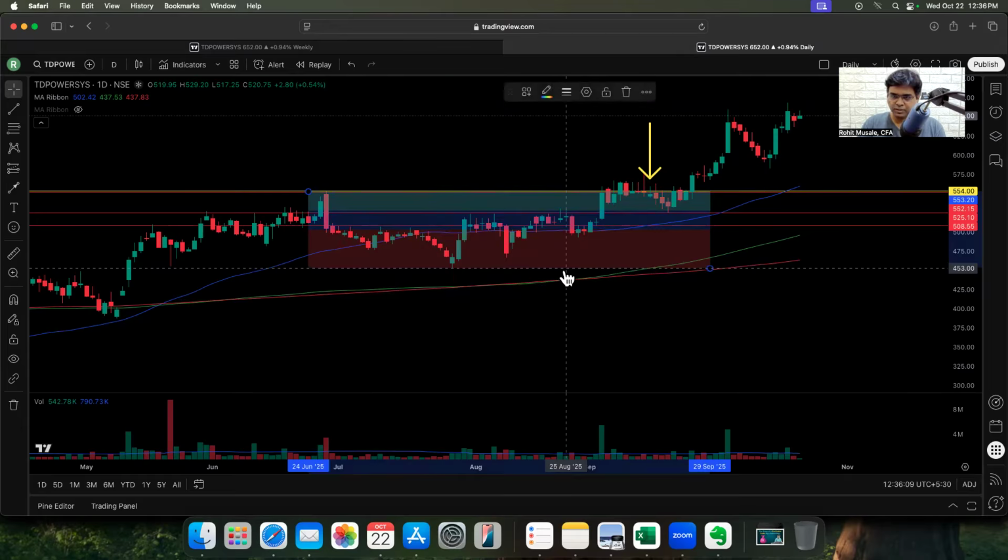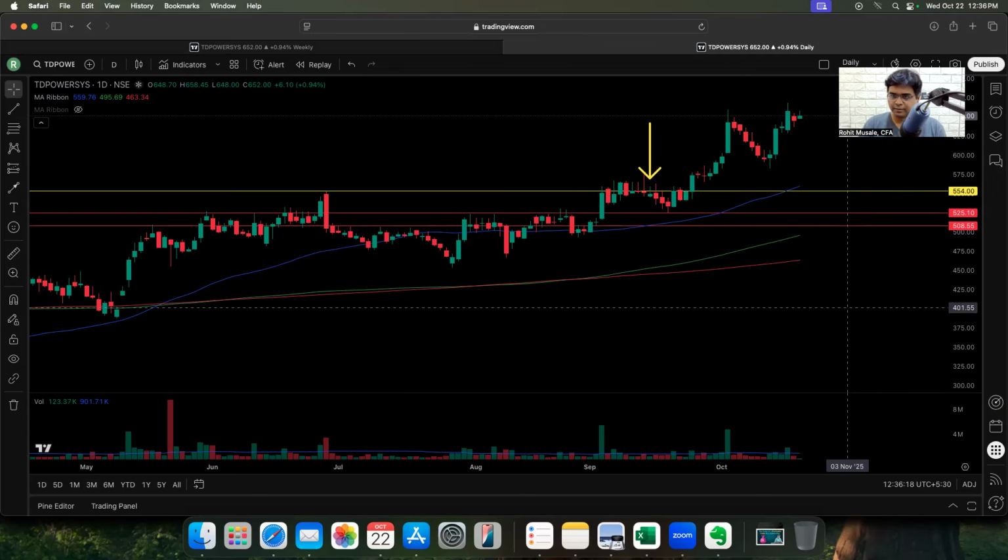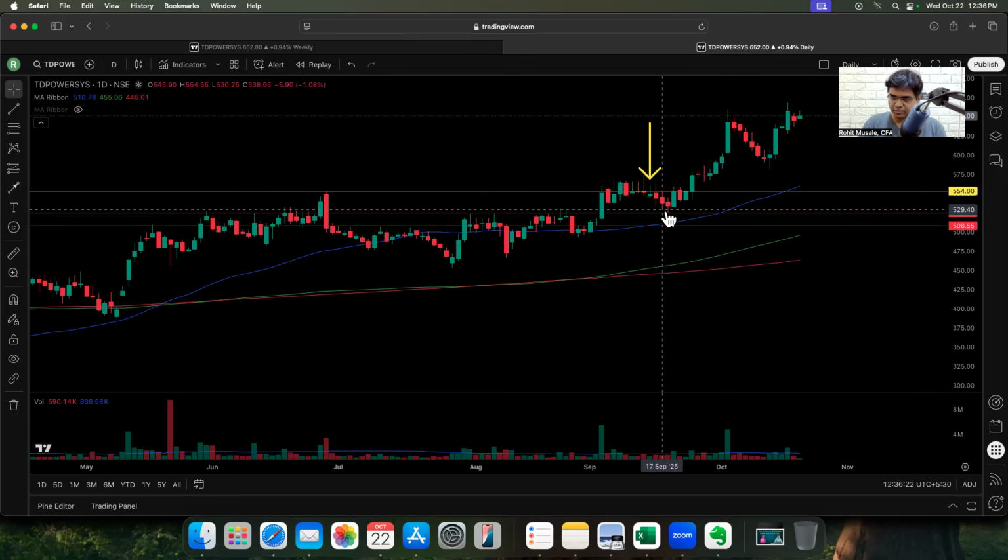Let me remove this base. Yellow line is where she bought on this day. The price started moving down. See, it came very close to the stop loss. Probably it hit her alert, and that is when she felt confused. She did not know what to do because this green candle could have easily been a large red candle. Now, I don't know where she has kept the stop loss.